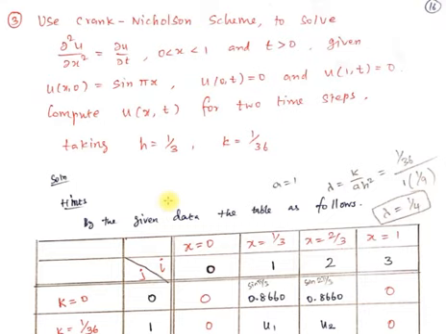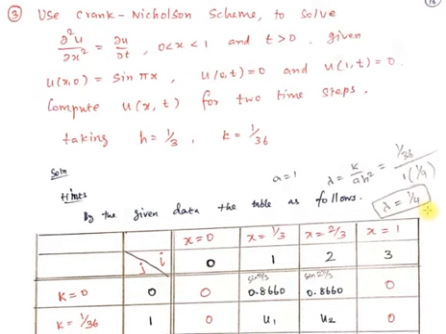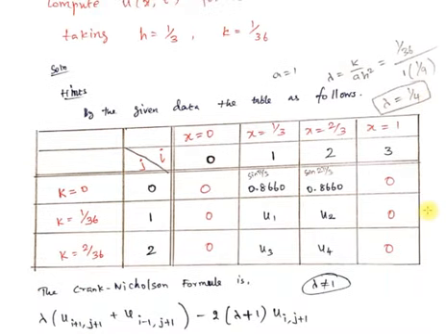Similarly, the third problem. In this problem, lambda equal to 1 by 4. So lambda equal to 1 by 4, we use the main formula, not the simplified formula. Here